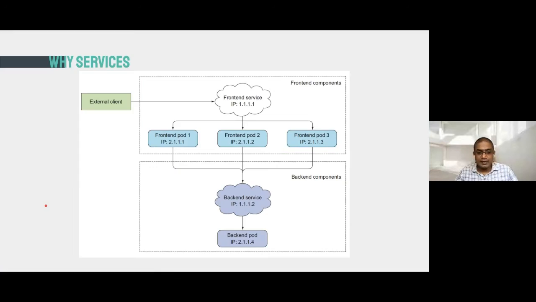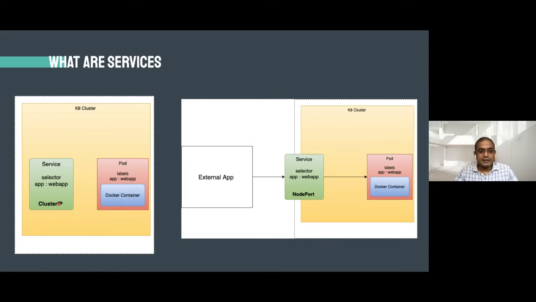If you define a service with cluster IP, then the service you expose is exposed only inside this cluster. If you want to expose it to an external application, then you have to define it as a node port. So let's go into a practical and see how we can do it.